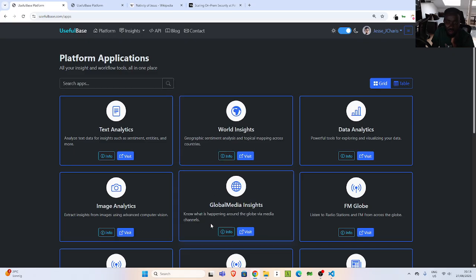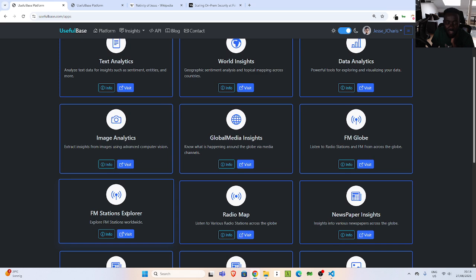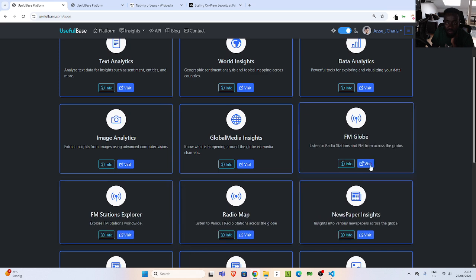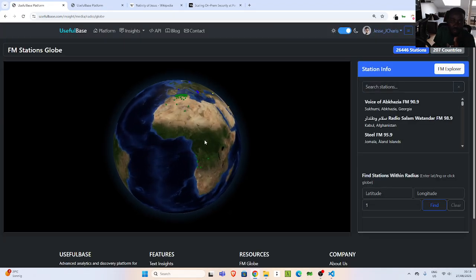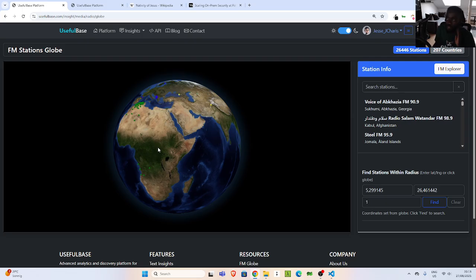Since we are still talking about Global Media, there is FM Globe, there is FM Station Explorer, Radio Map, Newspaper Insight, all of them. If I go to the FM Globe, you can see this is a very nice plot in which you can actually, in a moment,